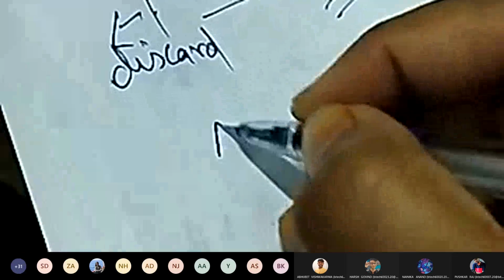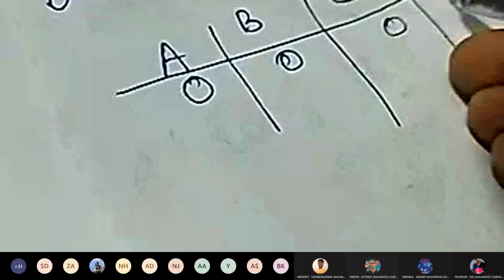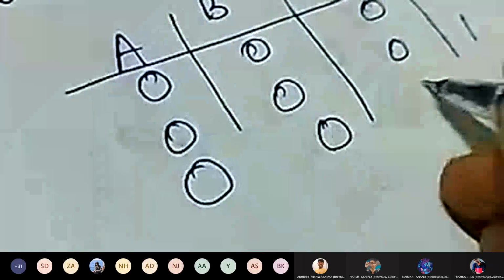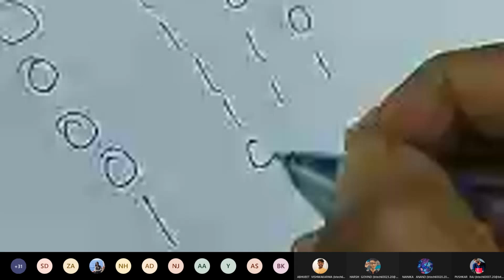That is, we are having 4 bits, no? So let us write A, B, C, and D. Okay. So we will be writing all the combinations, that is 0, 0, 0, 0, 0, 0, 0, 1, 0, 0, 1, 0, 0, 0, 1, 1, 0, 1, 0, 0. Okay. So 0, 1, 0, 1, 0, 1, 1, 0, 0, 1, 1, 1. Then 1, 0, 0, 0, 1, 0, 0, 1.